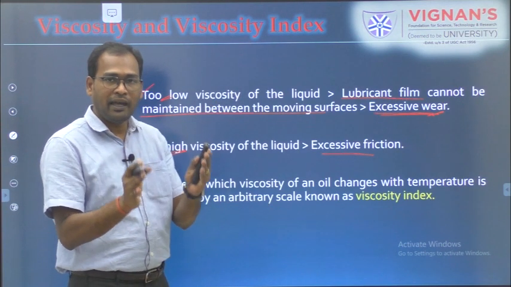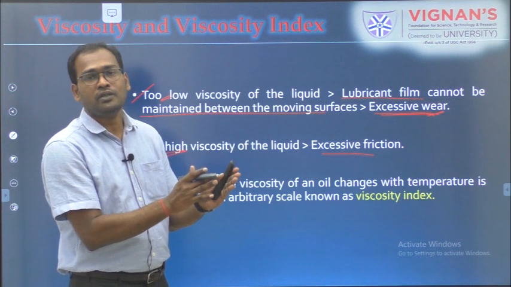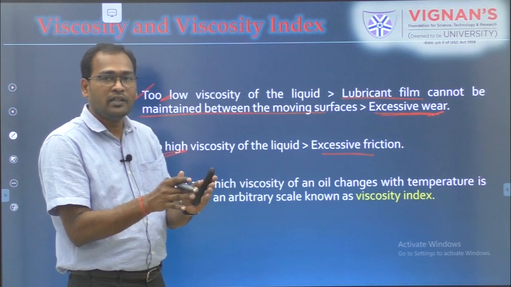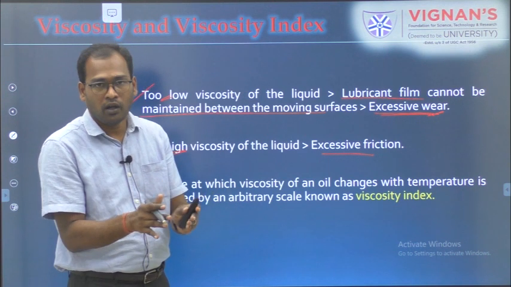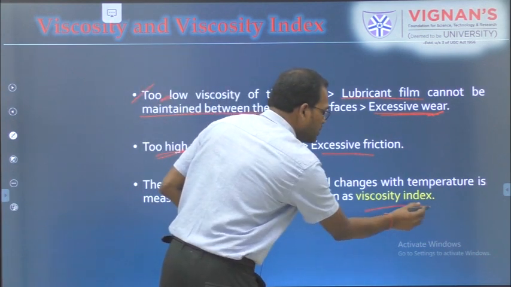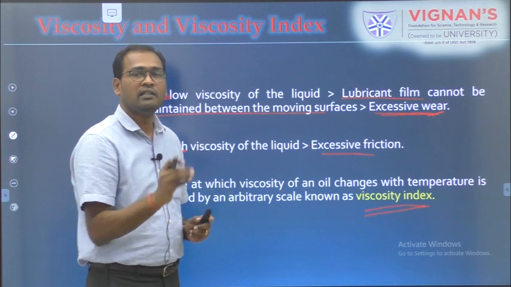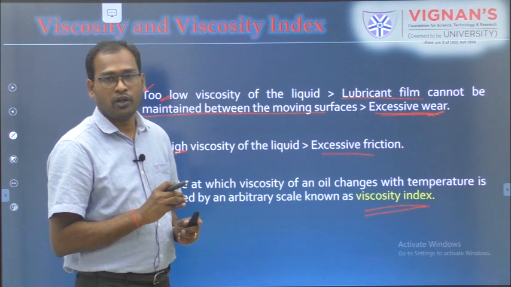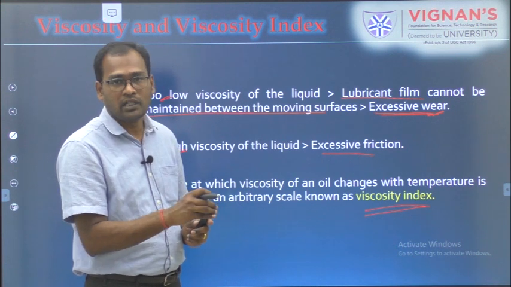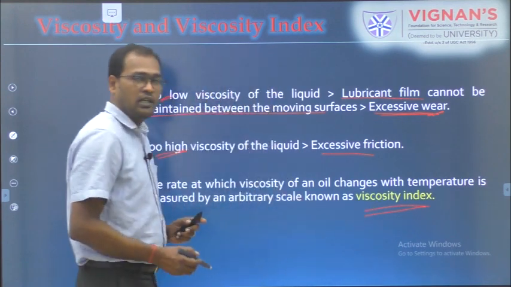It should have a balance between the high and the low end, then only it will be useful as an effective lubricant. Okay. So, to check whether the lubricant is effective or not, one parameter is designed. That parameter we call the viscosity index. Okay. To check whether the material is having the required viscosity or not, and also to check what will be the effect of viscosity as a function of temperature, that is given by this viscosity index, right.